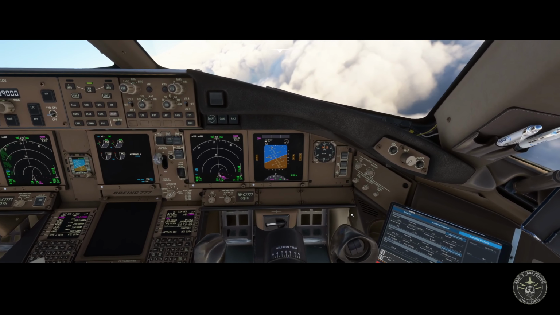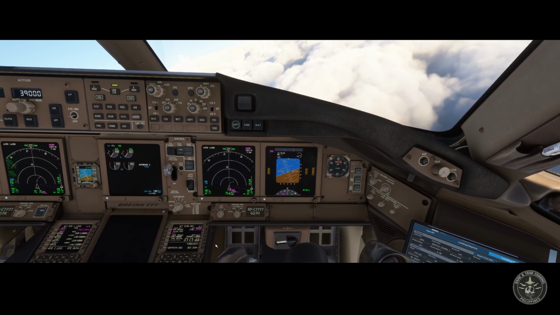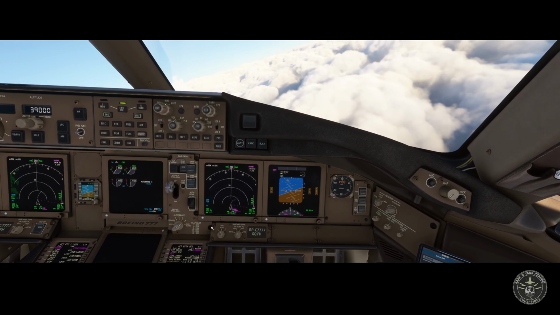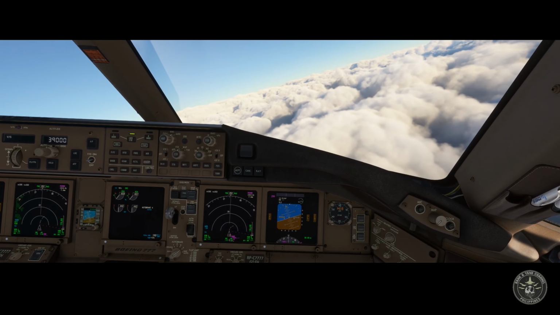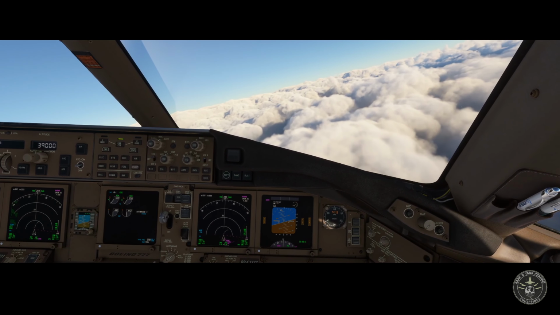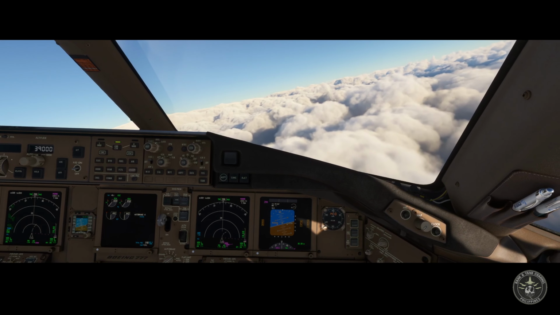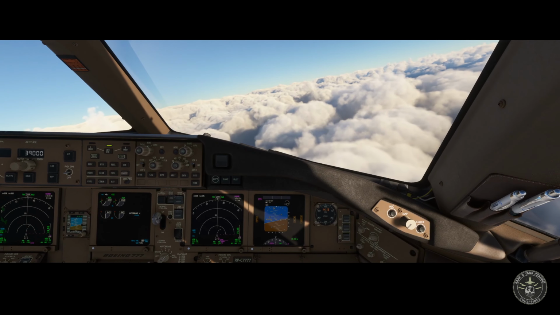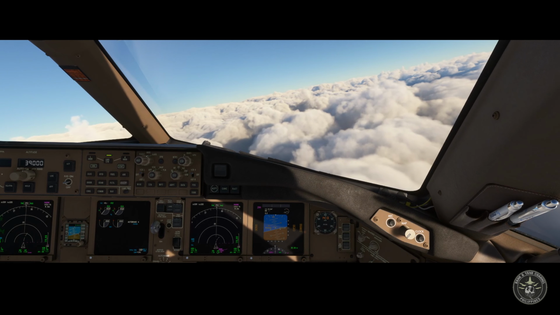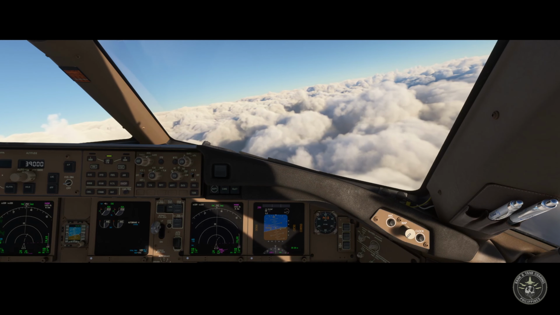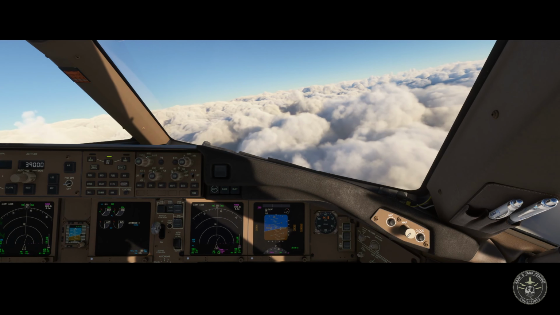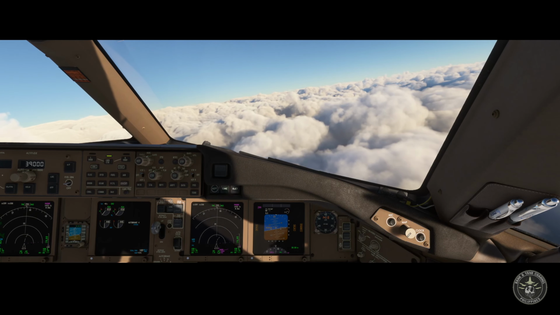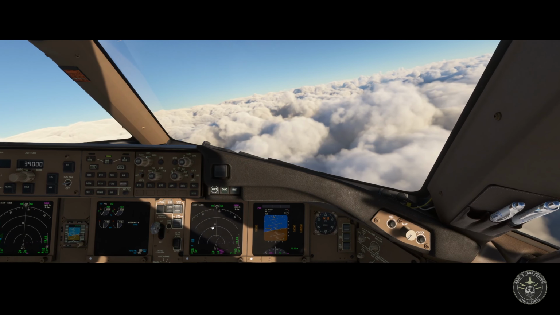Okay, let's brief the approach. I'm going to utilize the Mariner 7 arrival to transition for ILS runway 16 Center. Frequencies are published. We're going to follow the constraints.